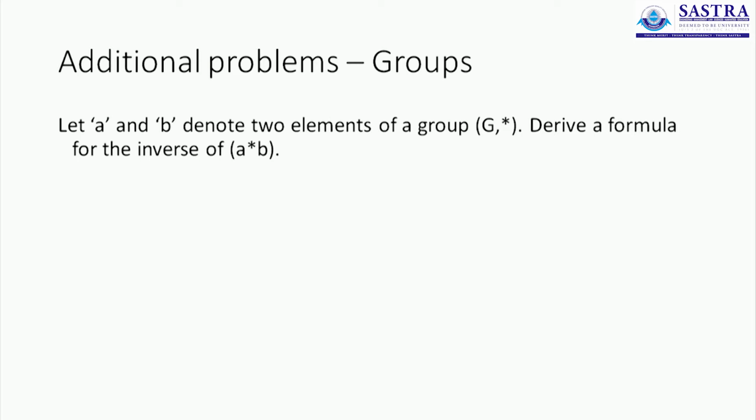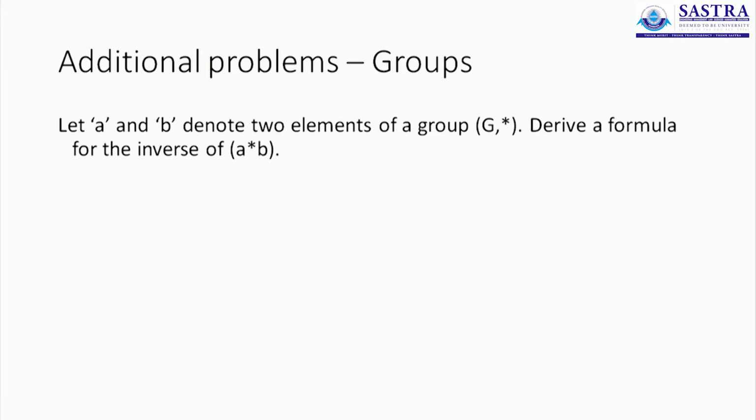We have had a look at inverses of elements, but all of them have been specific to a particular group, specific to a particular element, specific to a particular operation. This has been discussed through examples, but today we'll discuss one problem which analyzes the inverse of the result of the binary operation on two elements A and B. So let A and B be any two elements. We will find out a method to find the inverse of the result of the operation star on both A and B. So this is not an example.